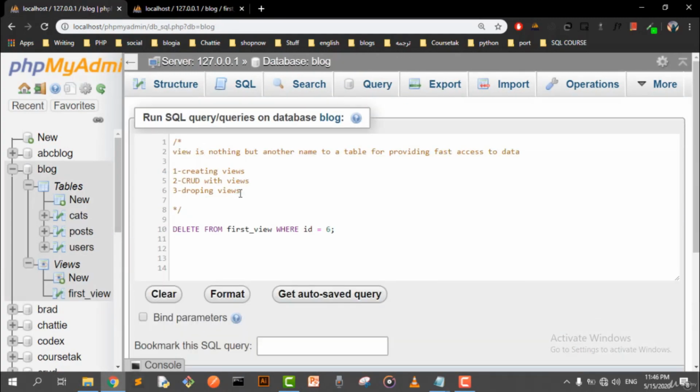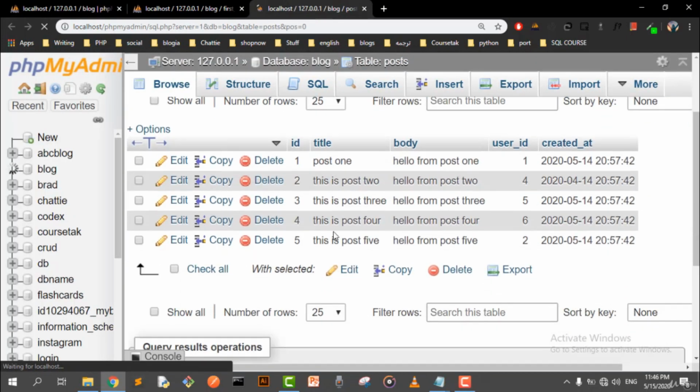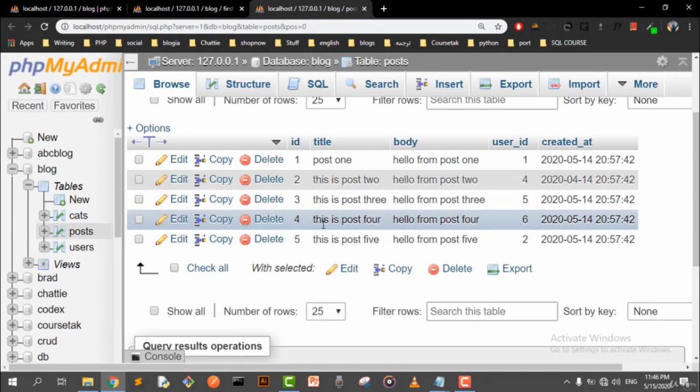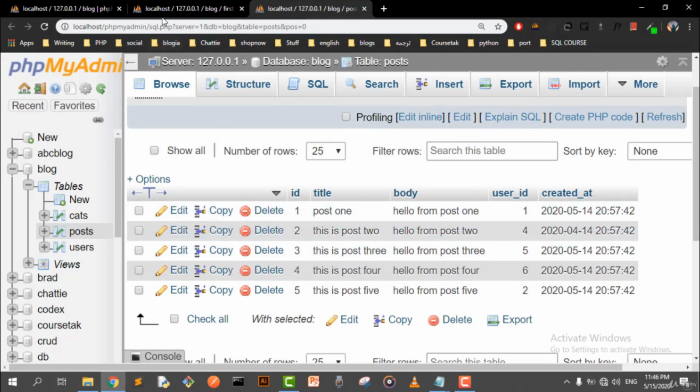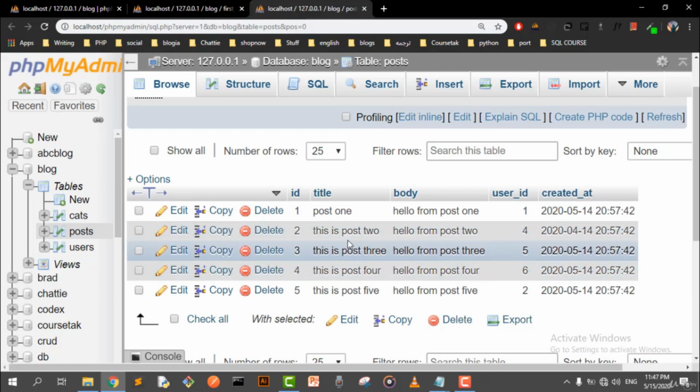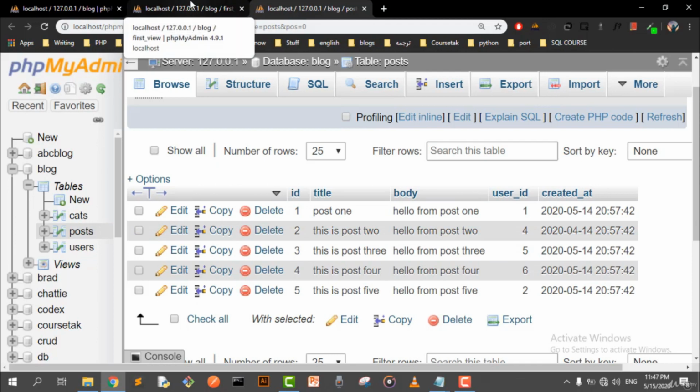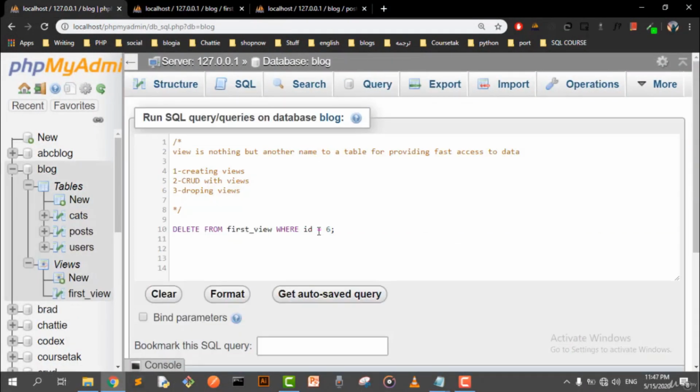Okay, so if you insert in your views, or you delete some data, the data will be removed from the table you set it to. So the data right here in posts, if we click on it, it will change because we actually inserted, updated and deleted the data. If you try this exercise, you can see that your effects on the view will affect the post table. So if we hover over here again,